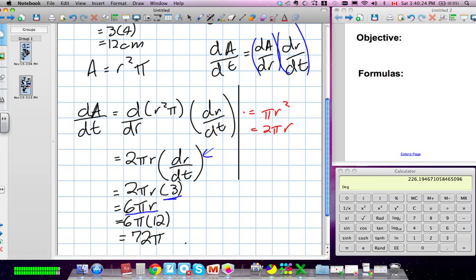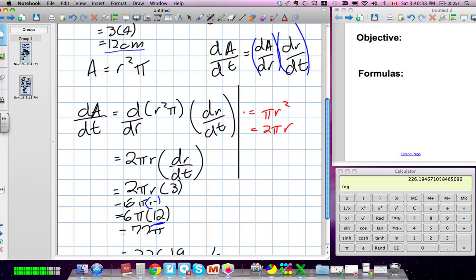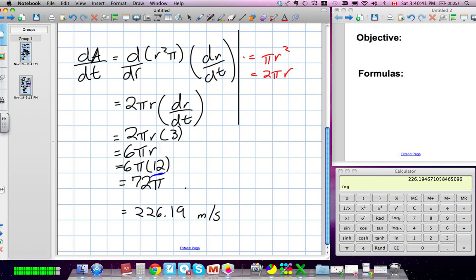Okay. And at the very beginning, we discovered that at this point in time the radius of the circle would be 12 centimeters long. So we're replacing our r, the radius of our circle, with the number 12 at that time. So when we multiply it through, we get 72 pi, and it's not meters, centimeters a second. Or sorry, because it's area, it's actually centimeters squared a second. Okay, so you could relate it as that, or we wrote it down as